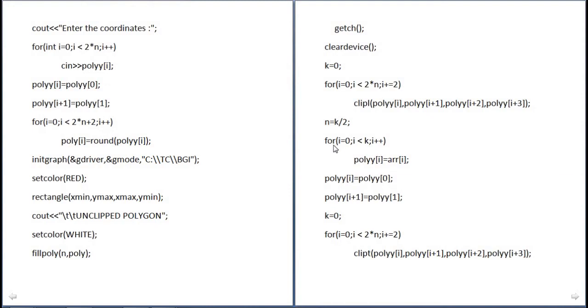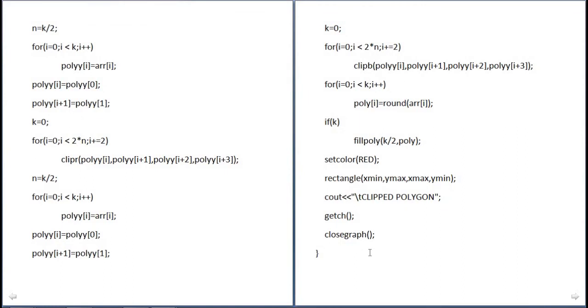Then we use the for loop, that is, i is equal to 0, i is less than k, and i plus plus, and this equation is the same. We put the array of i into poly of i, then poly of 0 is put into poly of i, poly y of i, and poly y of i plus 1, we put the poly of 1 into poly of i plus 1. This condition is the same for left, right, top, and bottom.